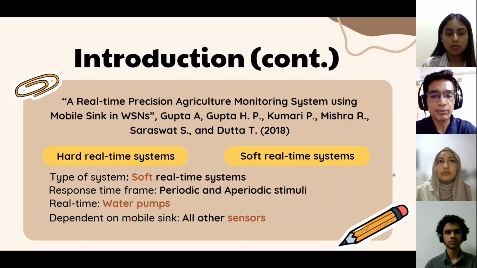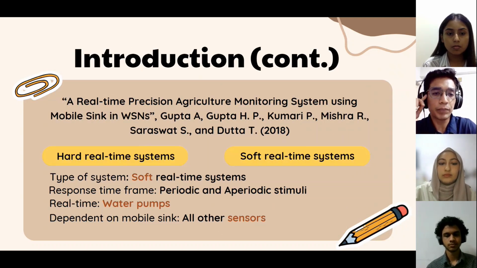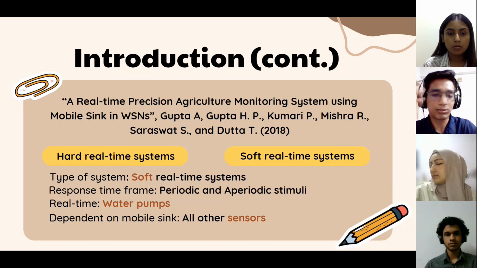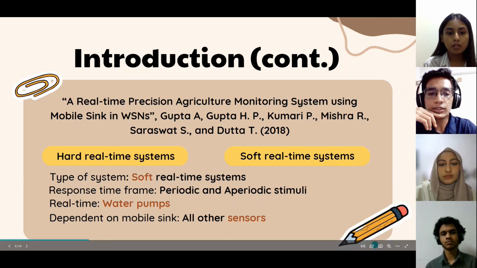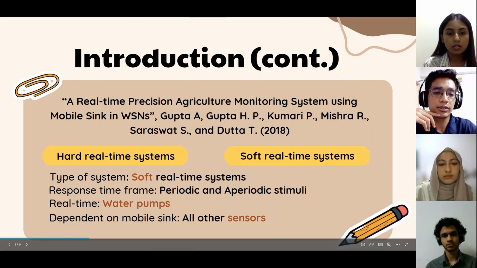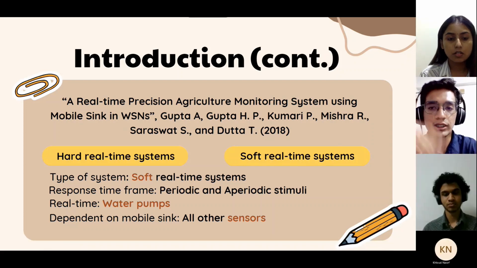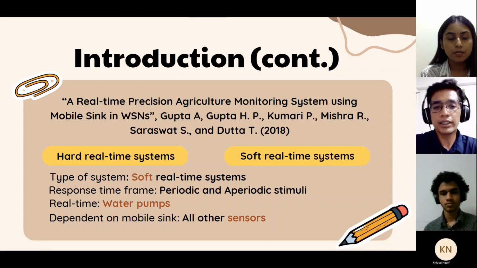So next slide. For our team, we studied a paper called "A Real-Time Precision Agriculture Monitoring System Using Mobile Sink in WSN." Those are the authors' names. It was written in 2018. So it has two different types of real-time systems. A brief description of the two of them is that for hard real-time systems,